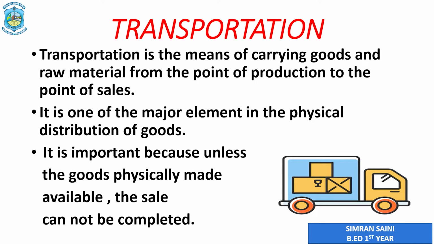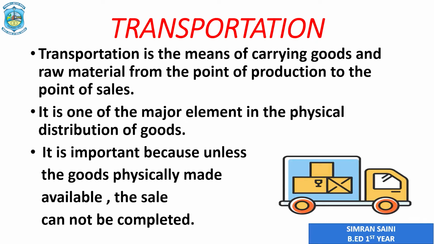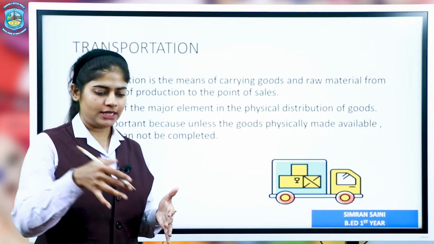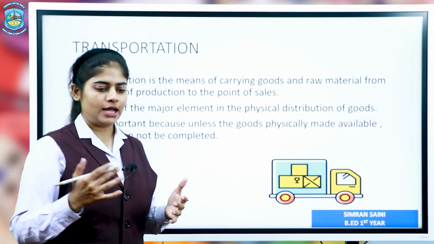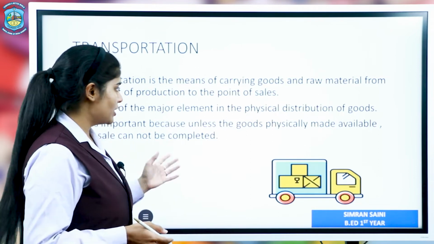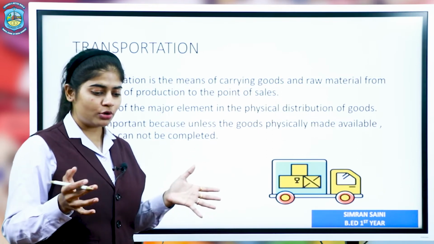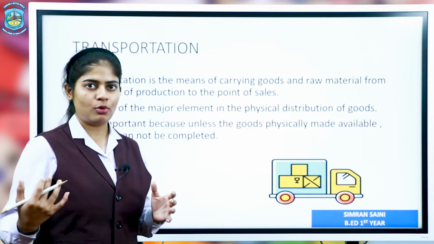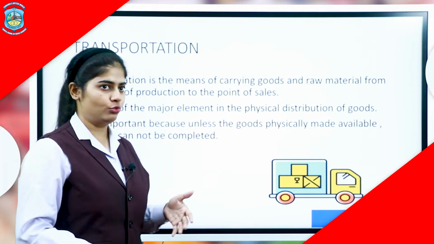For example, we take car manufacturing. In a single car we have so many parts, and each part needs to be assembled at one place, and for assembling it in one place we really need to gather all the products from different places, and here we start the function of transportation. So basically transportation starts even when the product is not ready, we are collecting some small parts of that product and mixing up all the parts and creating one single effective product which the consumer or customer will use.